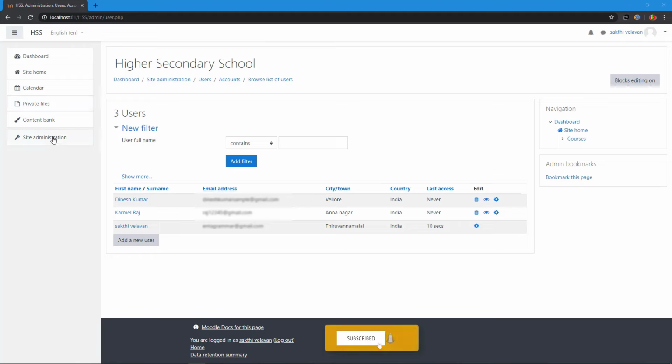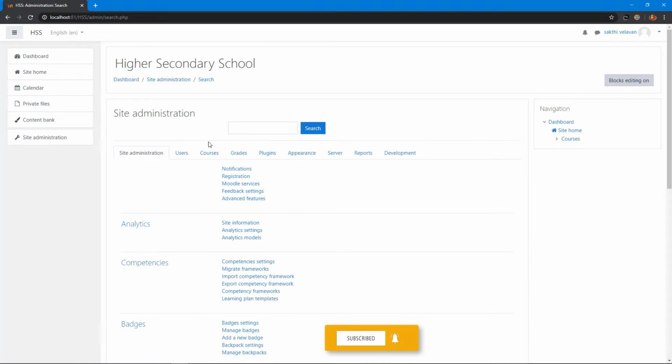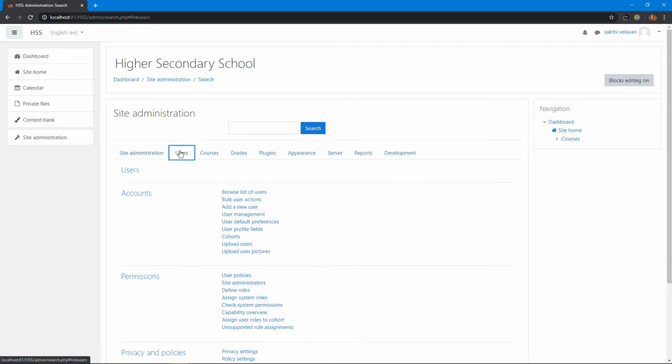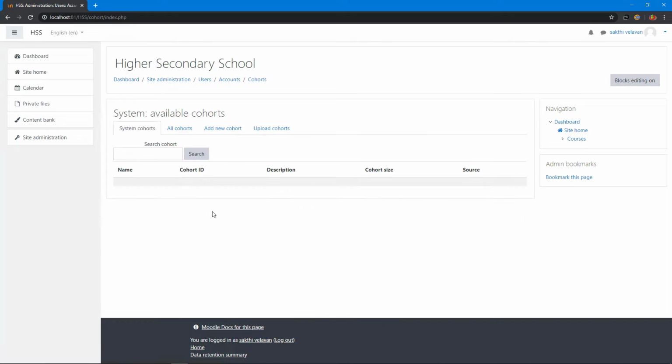Now I go to site administration and I come to users and I click users tab. In the accounts category, I click this cohort. Cohort means group. For example, if you want to conduct social awareness quiz for your school students, you can create the category of the students. You can see here system cohorts and all cohorts. In system cohorts, you can see only system cohorts, and in all cohorts you can see all of the cohorts in